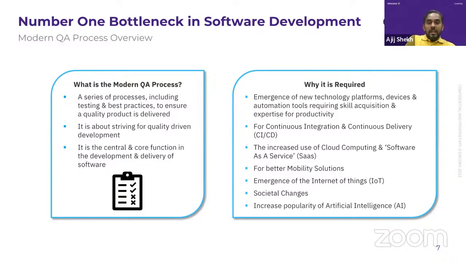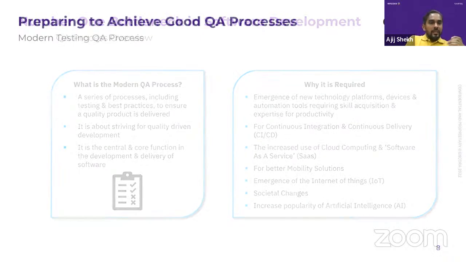So the next point is AI is also important for the modern QA process. So that's why the modern QA process is required and why the traditional QA process is not required. We have already updated. The next thing is